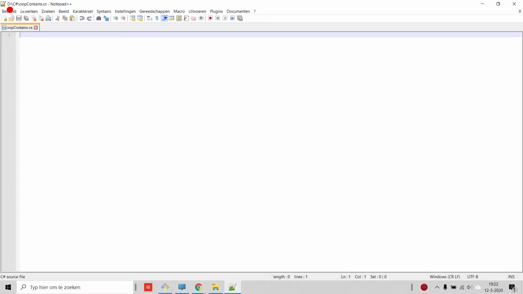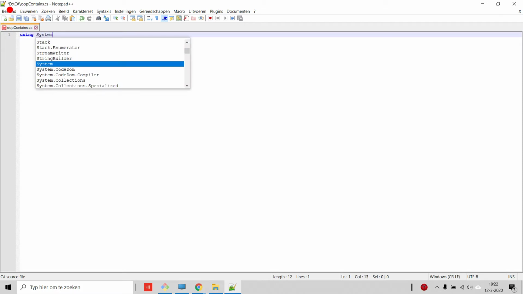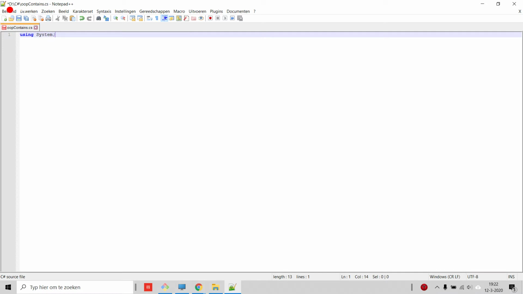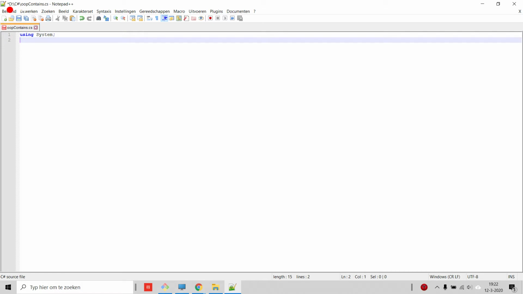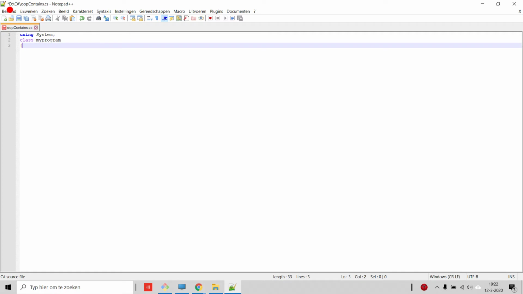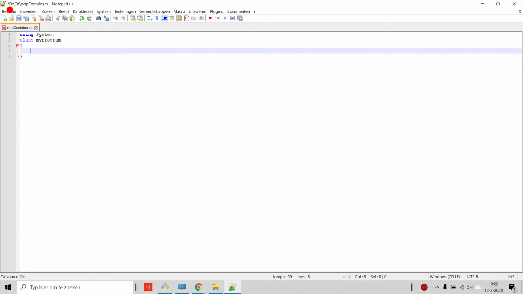Now we open this file with your favorite text editor, and we start as always by mentioning the system class, system. We create a class that will contain the whole program. Let's call it class my program, and inside this class we can create the main method: